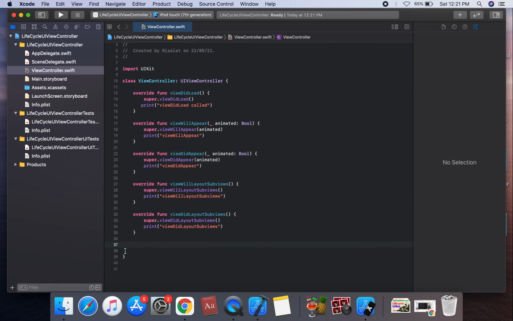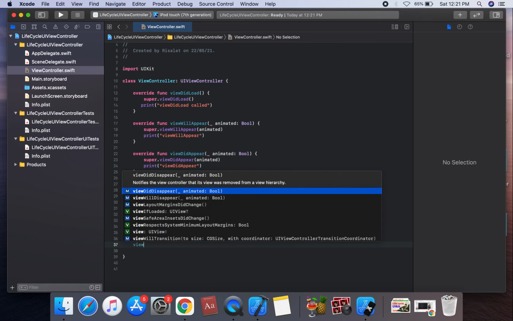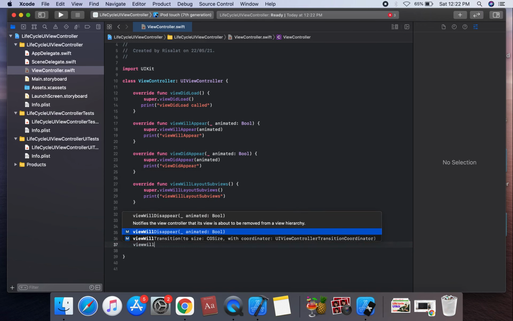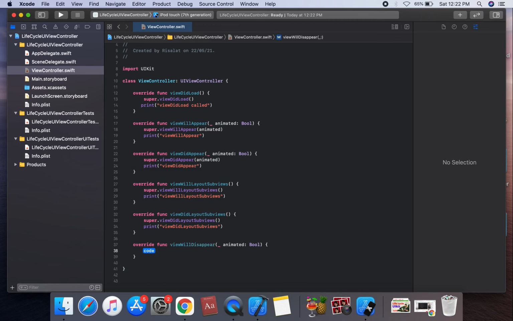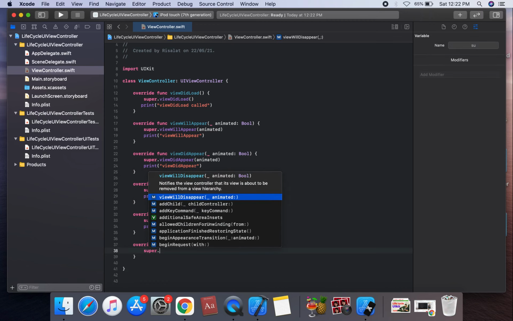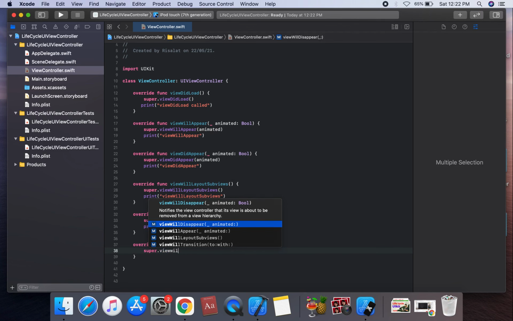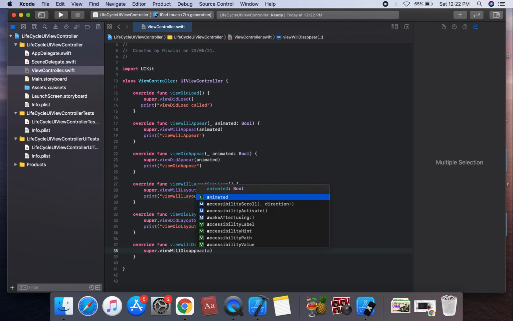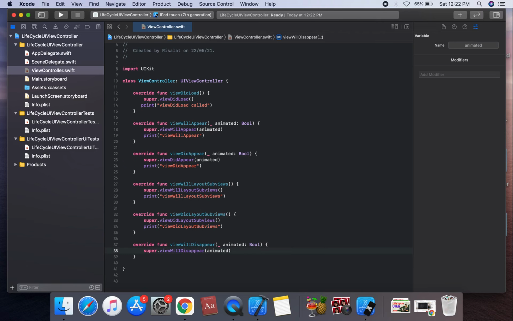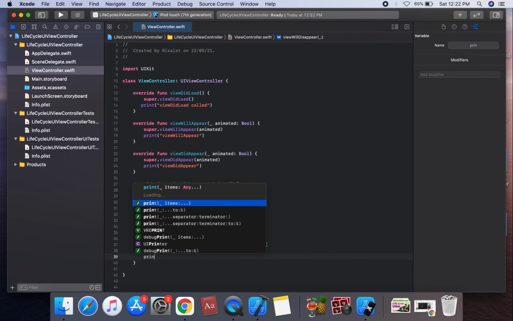Another method is viewWillDisappear. You should call super.viewWillDisappear with animated, and we can create a print statement.